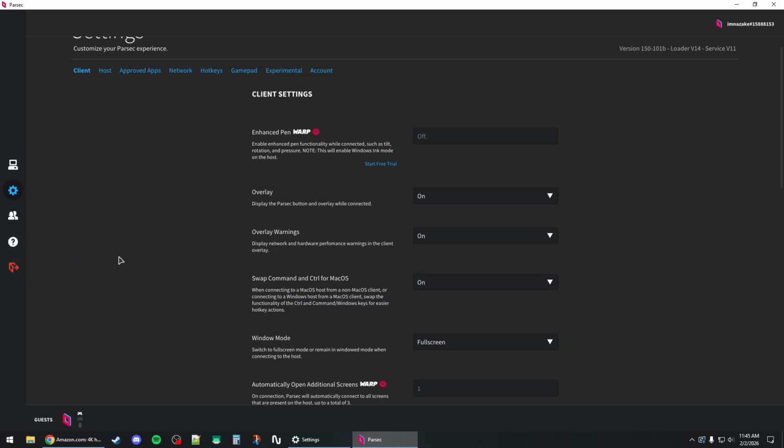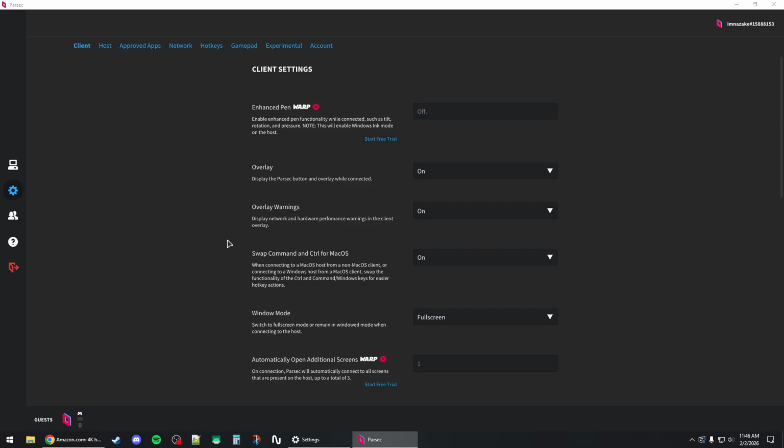the hotkey combination of Control, Shift, and then M. And this should open up the menu. But it works only if you are connected to a session on the host. And if you want to see that,